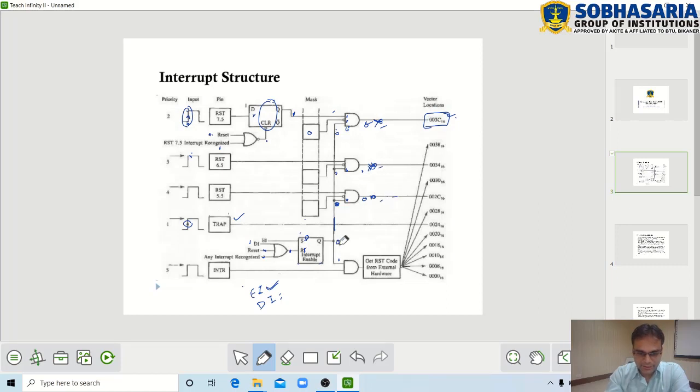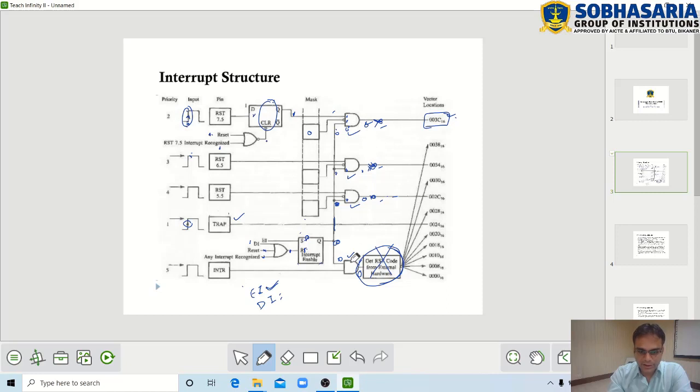Similarly, if a 0 is here, this 0 will be inputted here, and this entire system or this particular process is going to be 0, and it is not going to work. So the DI instruction creates R1 as 0 and Q is 0, which in turn disables this interrupt, this interrupt, this interrupt and this interrupt.